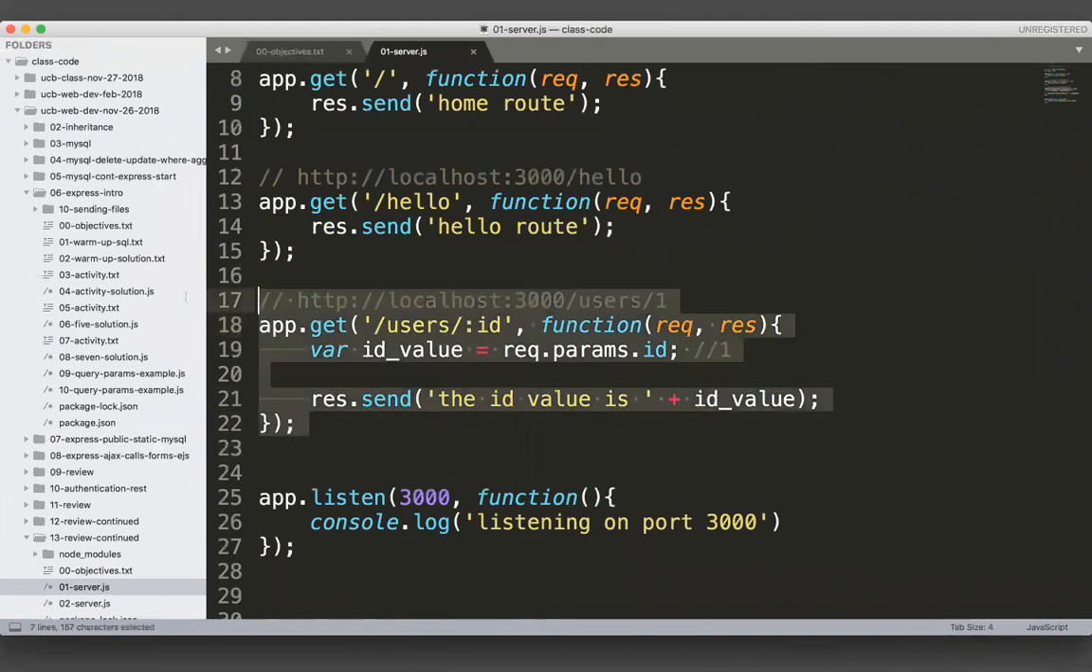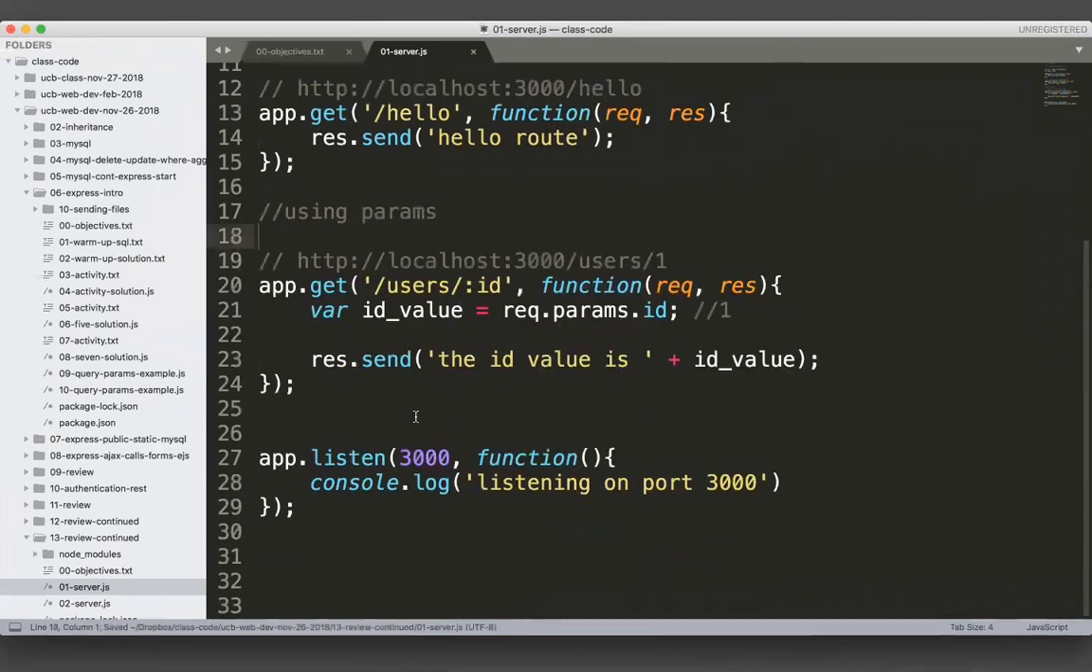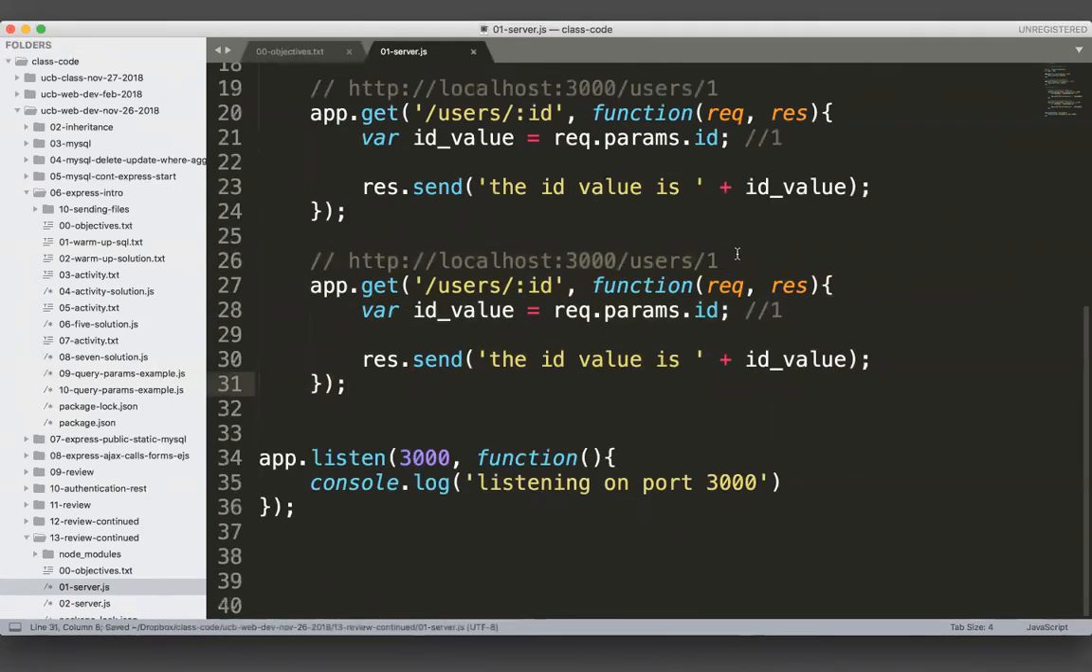So that was one parameter, right? So let's write using params. And the reason why I call it params is because params right here. Nothing more. All right, so this is one parameter. What about multiple parameters? So let's say users/1/posts/2. Right, so let's say we want to get all the users, user one's posts, right? Or we want to get,